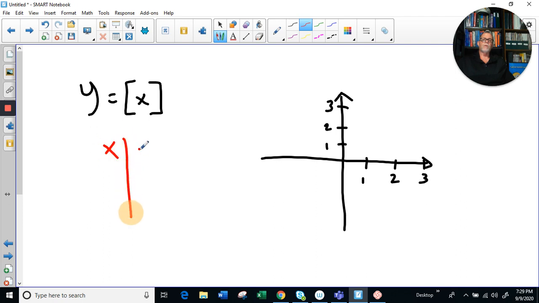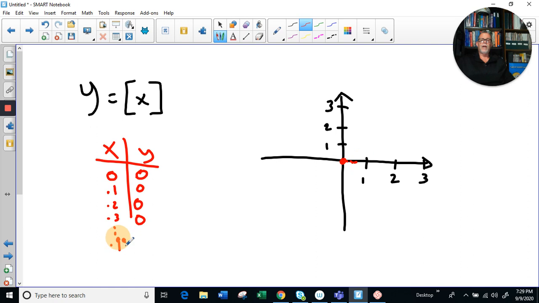So at 0, 0, we have a point. All right, now think about it. Everything else I put in here, if I put in going to the right, 0.1, 0.2, 0.3, and so on, what's going to happen? Greatest integer not greater than 0.1 is 0. From 0.2 is 0. 0.3 is 0. So this is going to continue as it goes along, right along this line, right? And it's going to keep doing that all the way until we hit, I mean, you can go to 0.999 and you're still going to get greatest integer not greater than 0.9999 on forever is still going to be